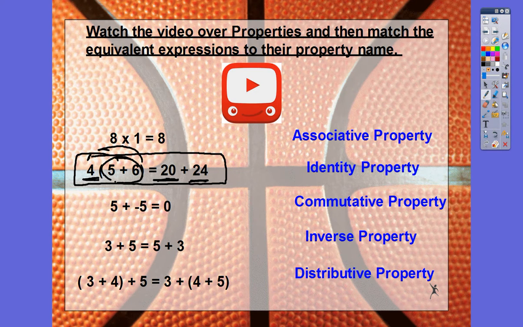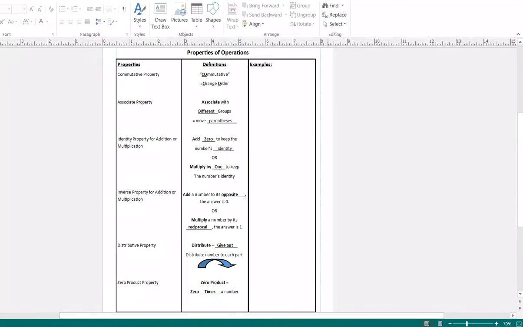Now there's a video on proportions, and they can match the equivalent expressions to their property name through the video as well. Normally I would put the video on Schoology and let the kids match it up there. That way they have control over the screen. The next thing that we would do, we're going to go to a different screen,